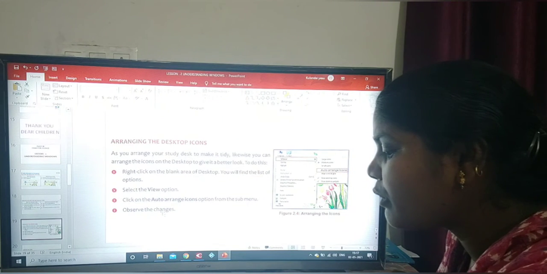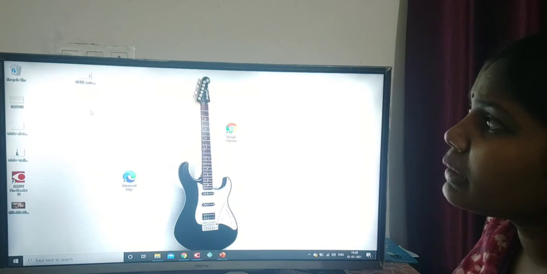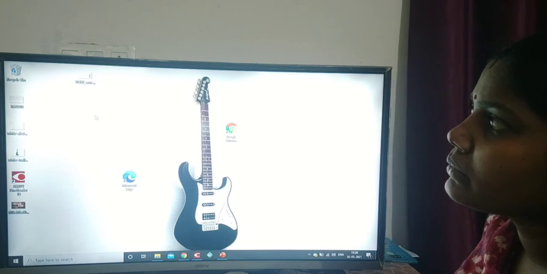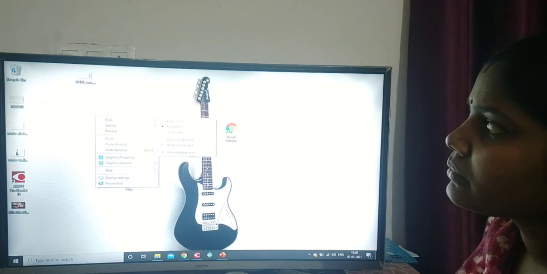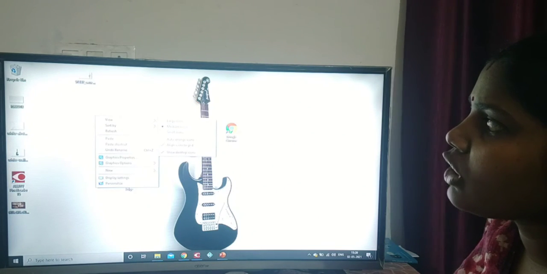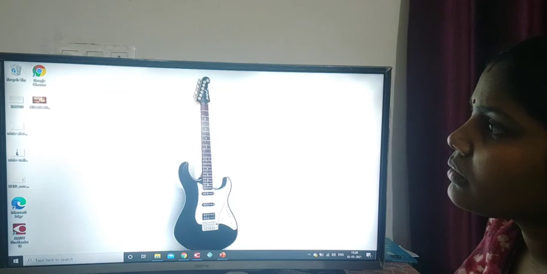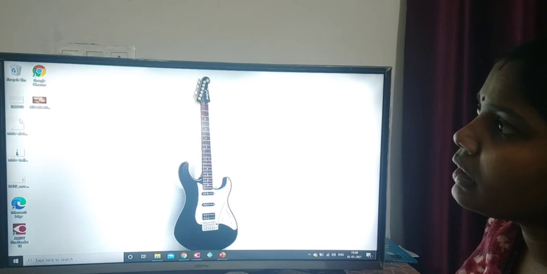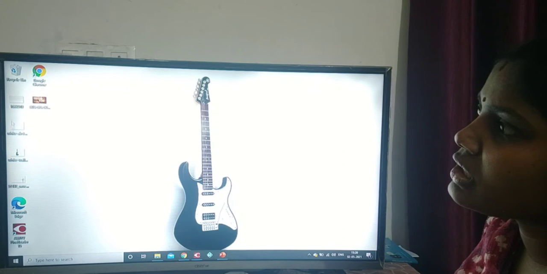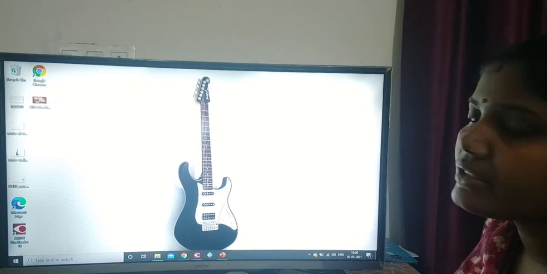So first we click on the empty place of the desktop, then select the View option, then select Auto Arrange Icons. Then it will arrange in alphabetical order. Now it is properly arranged and looking neat and tidy.